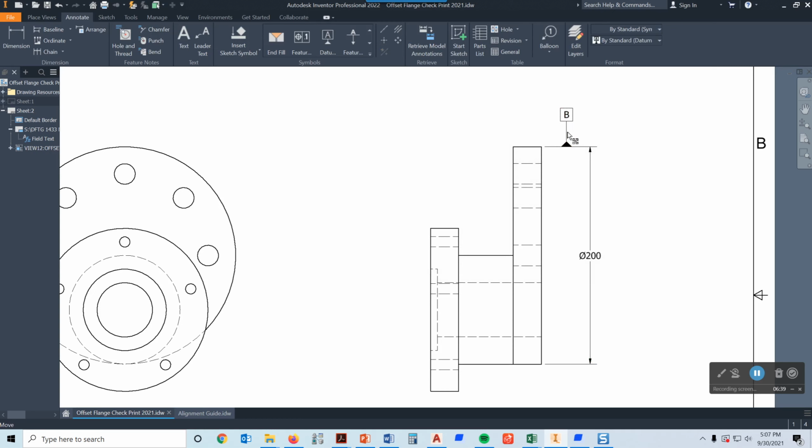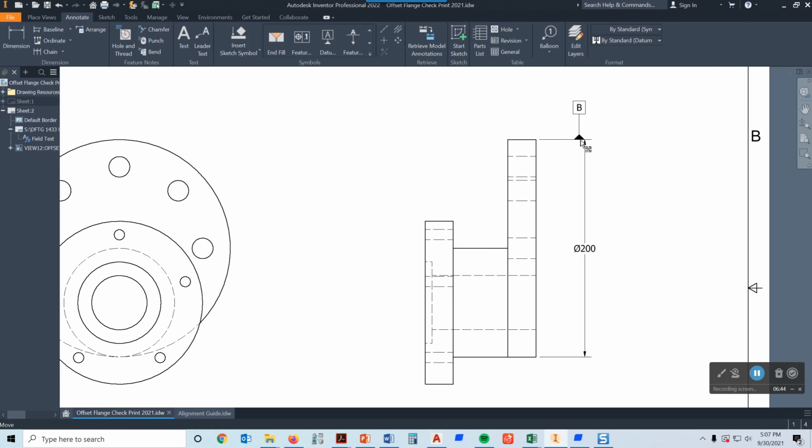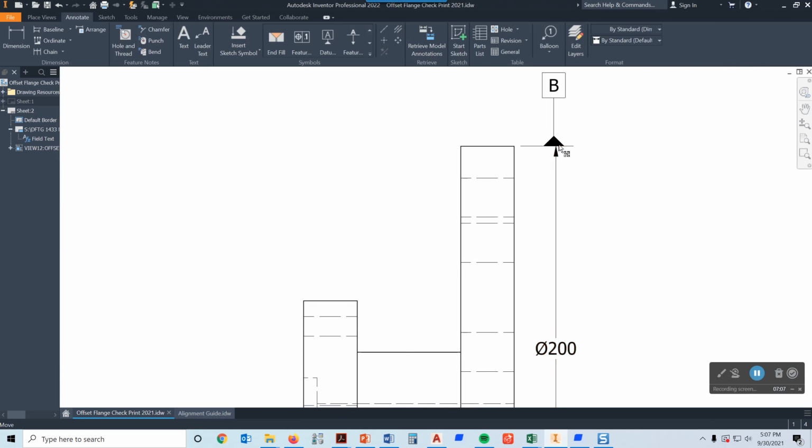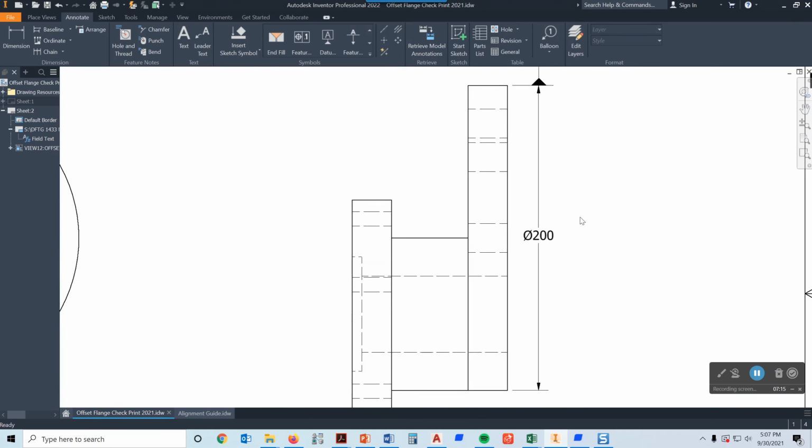I'm going to straighten that like this. I'm going to drag it down a little bit, and here's the important thing that I have to do. I have to drag this, and I want to line it up exactly with my diameter 200 dimension. And when I do that, I'm implying that it's the center axis of this dimension right here that is datum B. Okay. Now I know I'm going to have to move this out farther than what I have right now. Normally I would just place it like right there and make sure that my datum identifier stays lined up perfectly on that. The reason I know I'm going to have to put it out farther is that